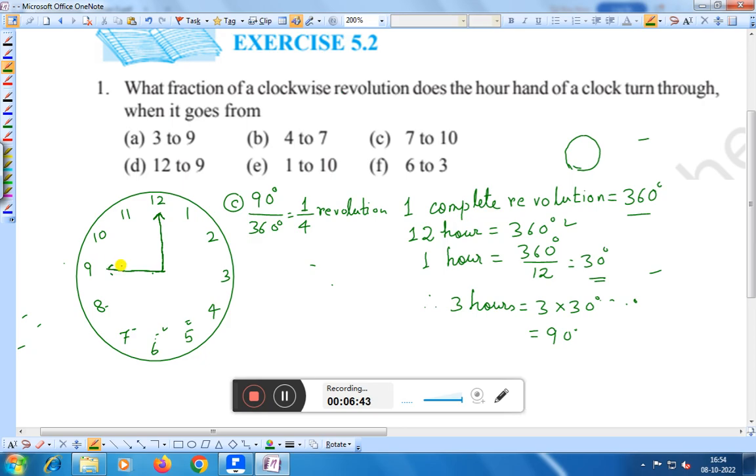This is 12 to 9. And it is a clockwise revolution, like this. Right? How many hours do you count first? 1, 2, 3, 4, 5, 6, 7, 8, 9. 9 hours. Therefore, we can say that 9 hours